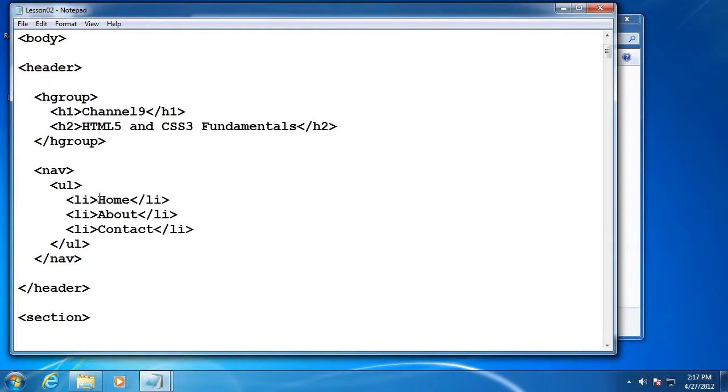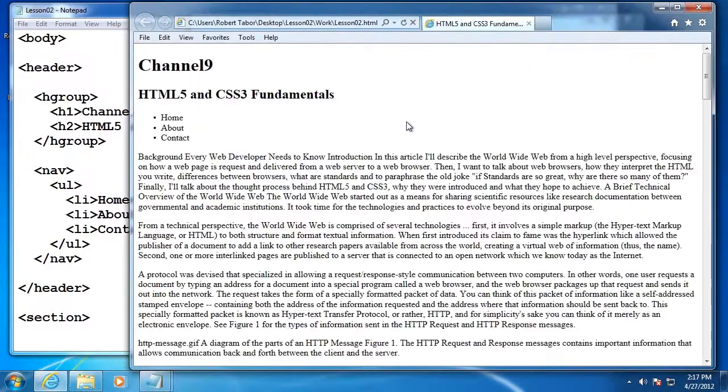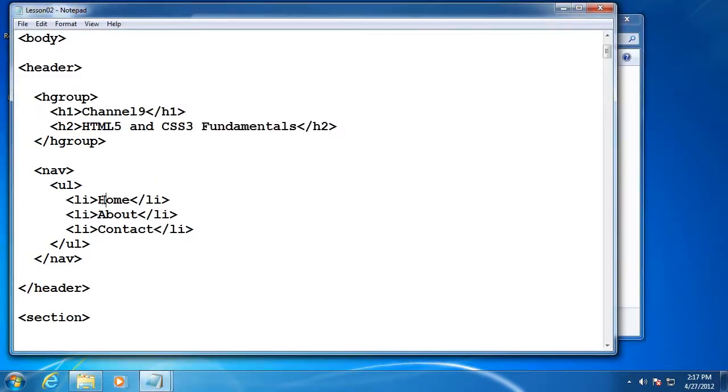Okay, and additionally, at this point, let's just look at how this is rendered in the web browser briefly. As a series of bullet points. We'll change how it's rendered later, but none of those were hyperlinks. And so we want to add an anchor tag, and we're going to point to a specific place where that link will be referencing, so that when the user clicks it, they'll go to the location inside of that href attribute